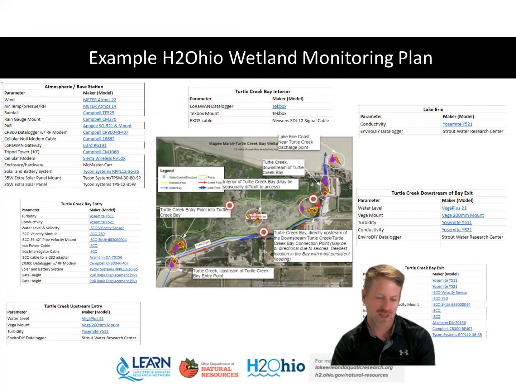Most people, when we're developing these wetland sites, there's a gate that lets water in and out. These gates, manual gates, some of them are crank driven, some of them are stop logs. We can buy very cheap sensors that monitor the position of either stop logs or the height of the gate. So like just a simple, it's called a pull rope displacement sensor. So we could tie that to, say, the bottom of the gate and fix that to a location, and we